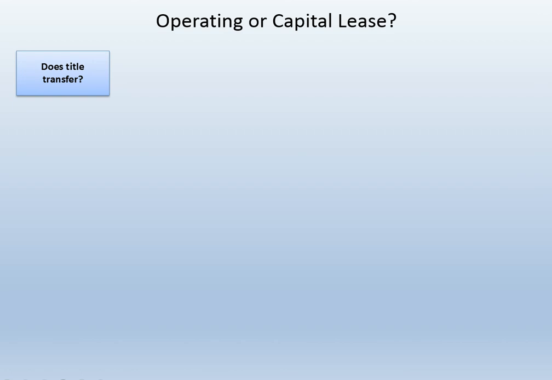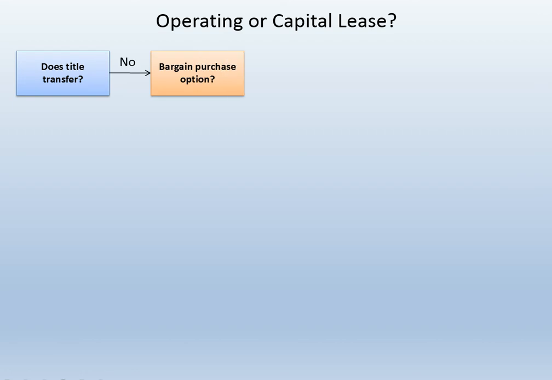If we answer no to this question, title does not transfer, in other words, the lease agreement specifically says that title is not going to transfer, which is fairly common, or that the lease agreement does not make any mention of title transferring, then we can answer no to this question and move on to the next criteria,